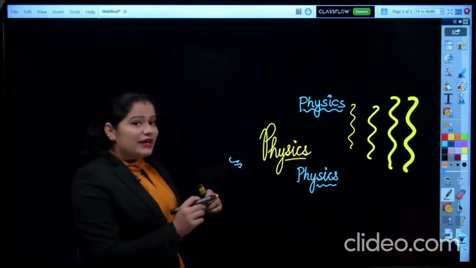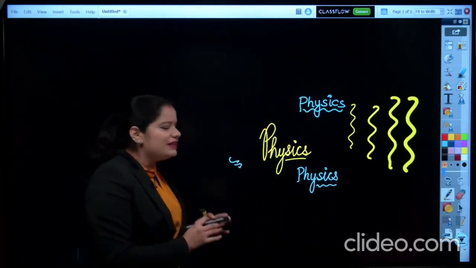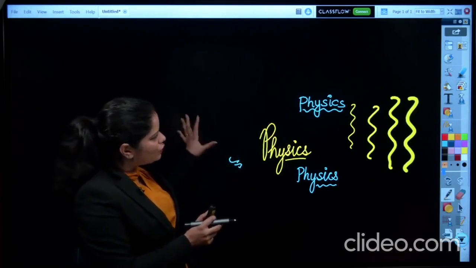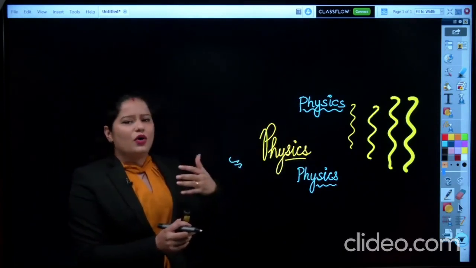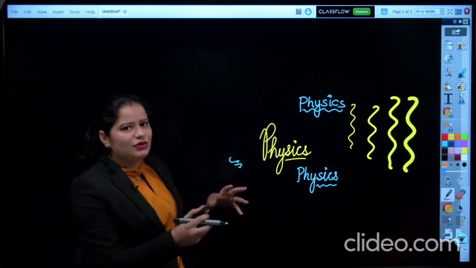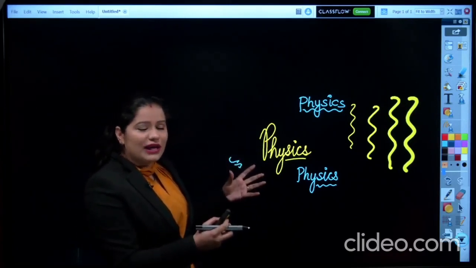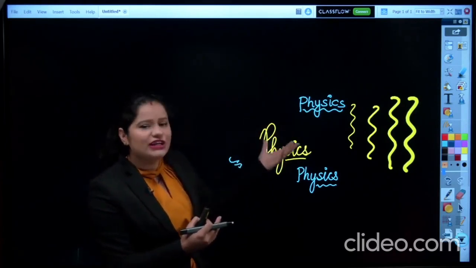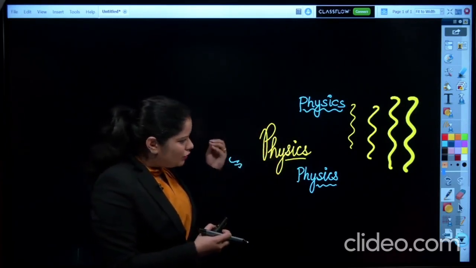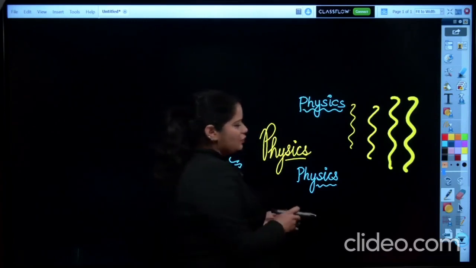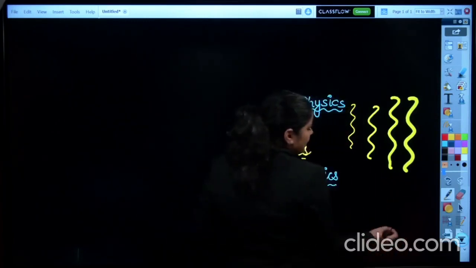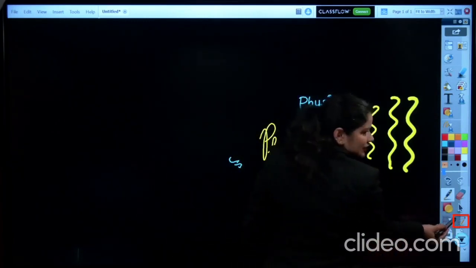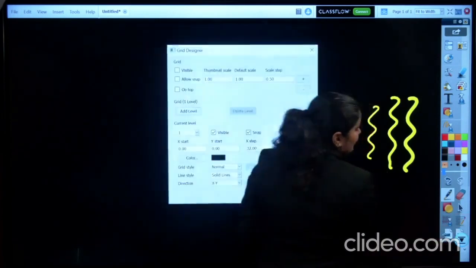Now, again talking about writing, it is very difficult to write onto a plain board. You might have observed that whenever you are given the pen, you are writing on the whiteboard with the help of the marker. It is so much more difficult to write on a plain sheet or plain board. So to help you out with that, we have one more option over here. You can see over here, this is the grid. So what we are going to do is make a grid.